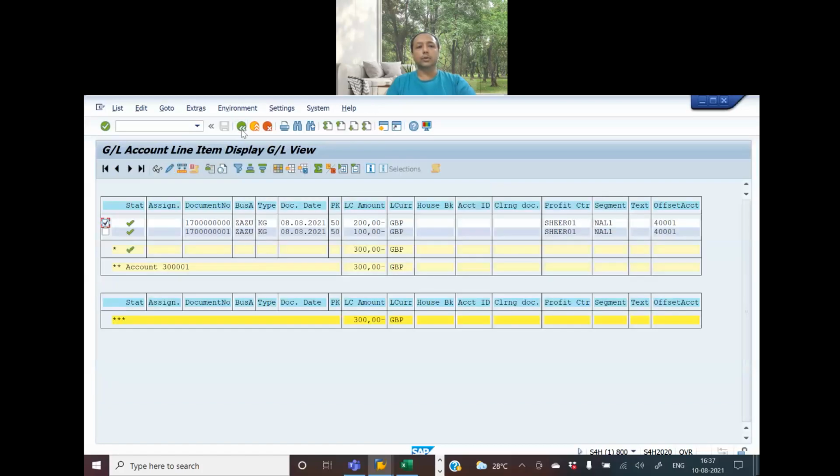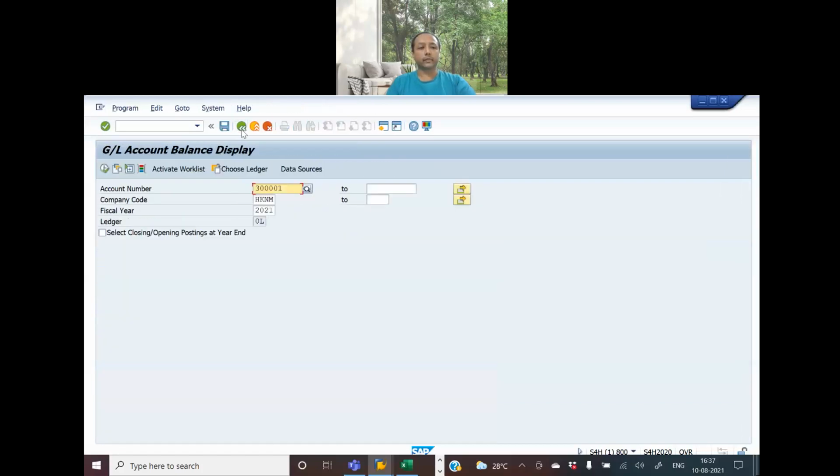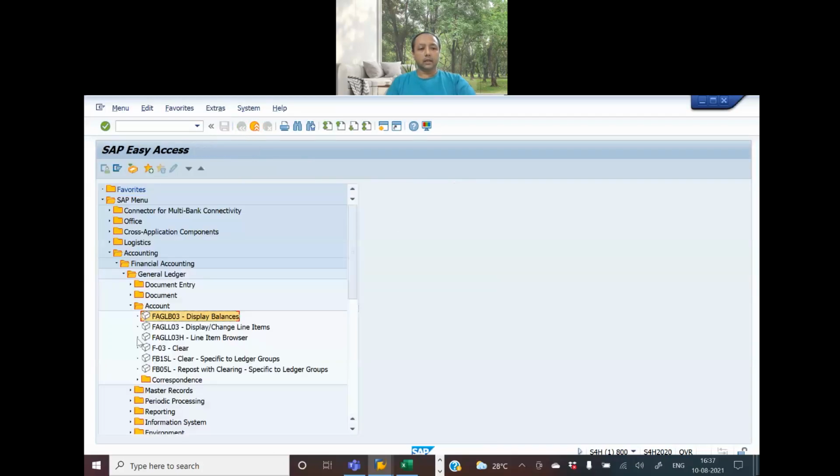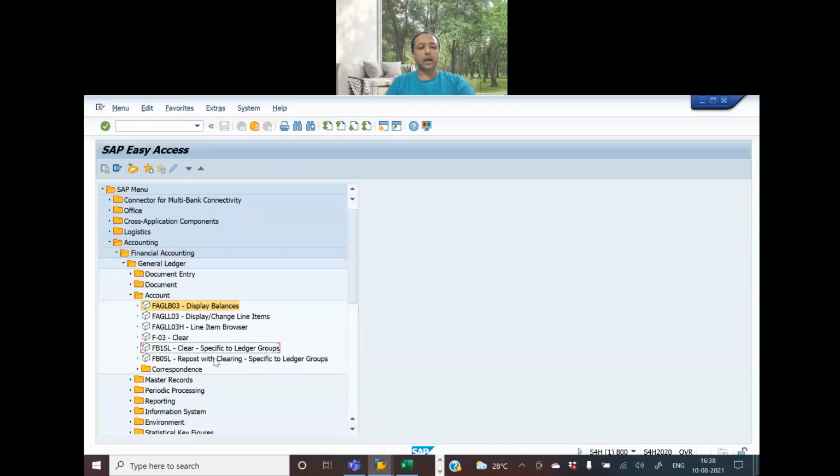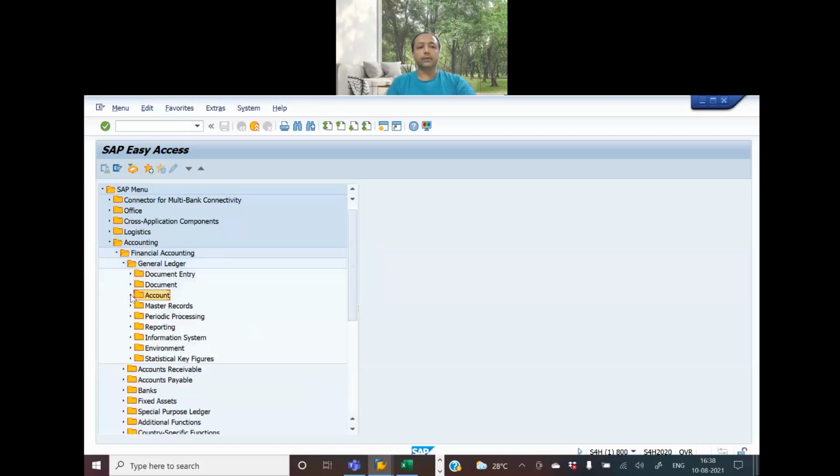Okay, so far what we have done is, if we go back, in a general ledger we have seen how to look at a document by giving various specifications, and then how to display change line item and how to display balances. Okay, the same exercise that we are going to do now is on the accounts receivable. So similarly, in accounts receivable, if we go to document,